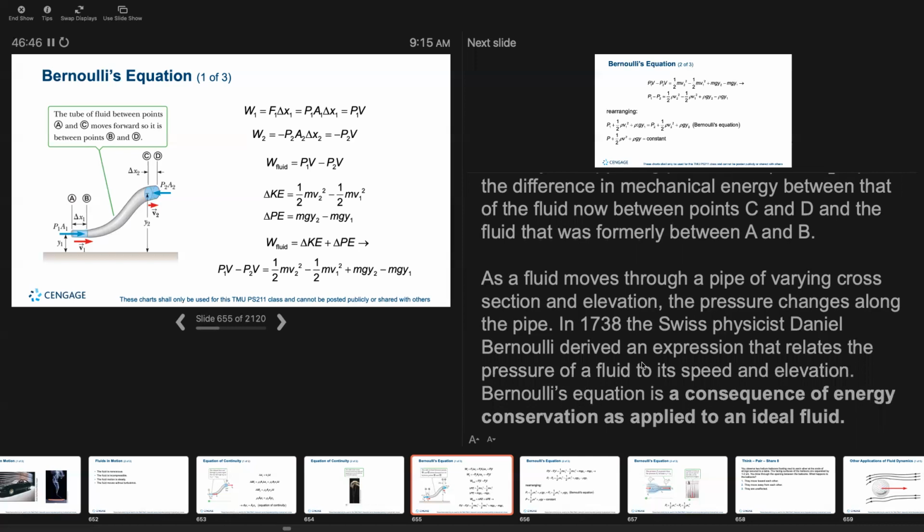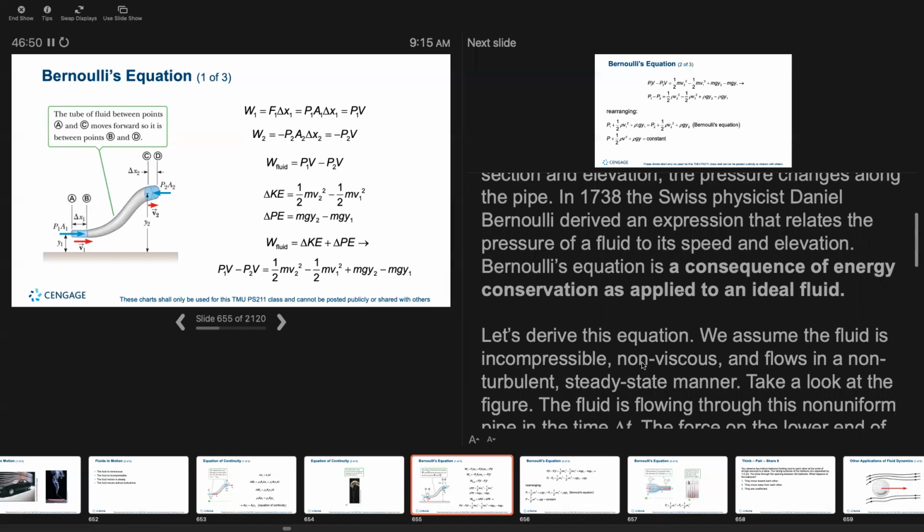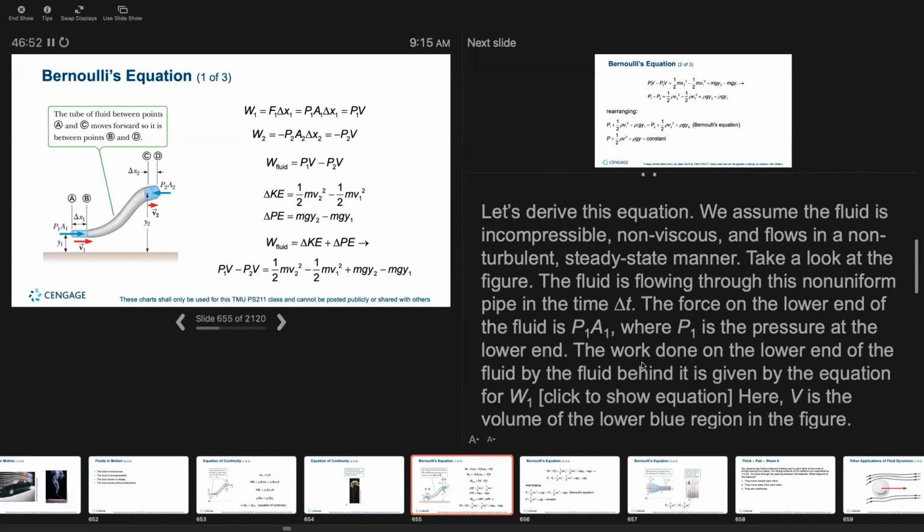Bernoulli's equation is a consequence of energy conservation as applied to an ideal fluid. We can derive this equation. We assume the fluid is incompressible, non-viscous, and flows in a non-turbulent, steady-state manner. We can take a look at the figure. The fluid is flowing through this non-uniform pipe in the time delta t. The force on the lower end of the fluid is P1A1, where P1 is the pressure at the lower end. The work done on the lower end of the fluid by the fluid behind it is given by the equation